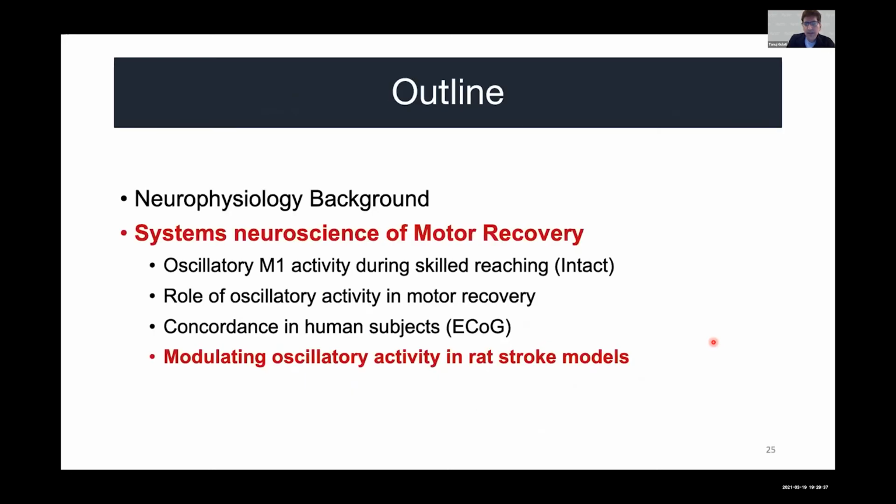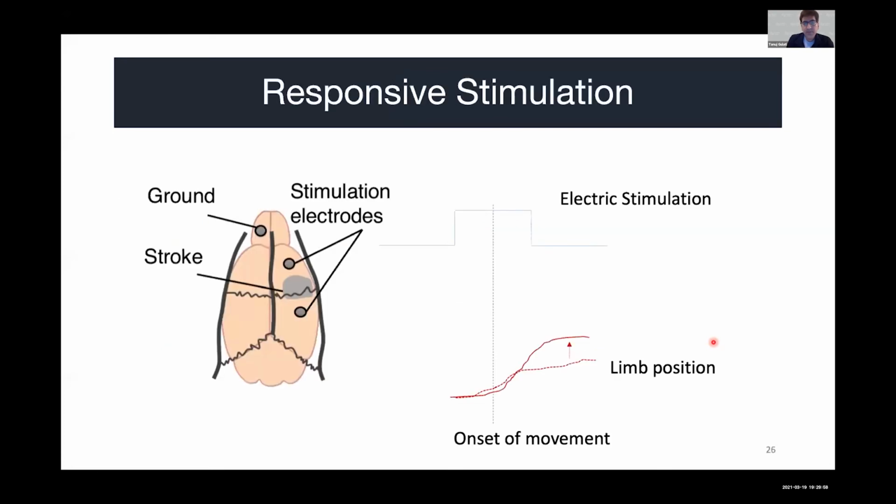So once we had this concordance established, we wanted to go and see, we have this oscillation now. Can we go and augment it in some way in the stroke recovering rats to somehow take it to a translational stage, to see if we can somehow boost this weakened activity? There are different ways